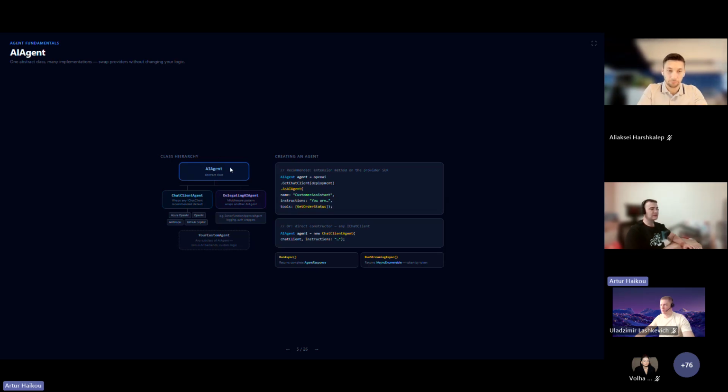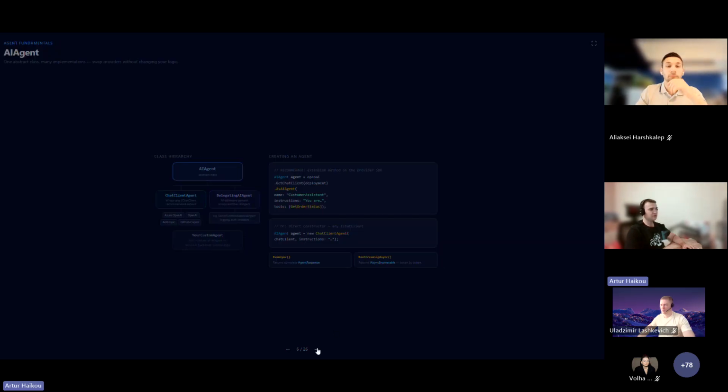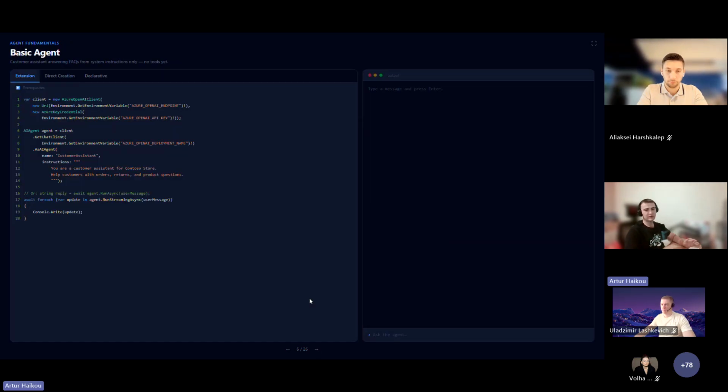And for 90%, you will work with the chat client agent implementation, but of course, you're able to create your own agent that is derived from the AI agent base class. And I believe now we can go to the example and how you can define these agents in the code.